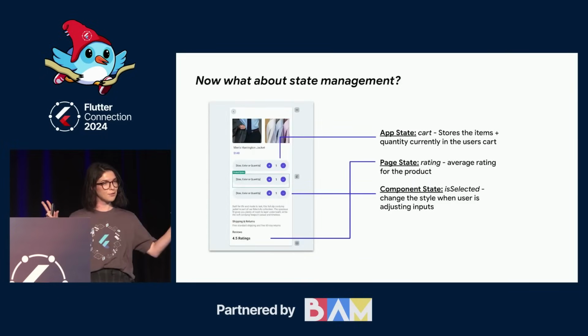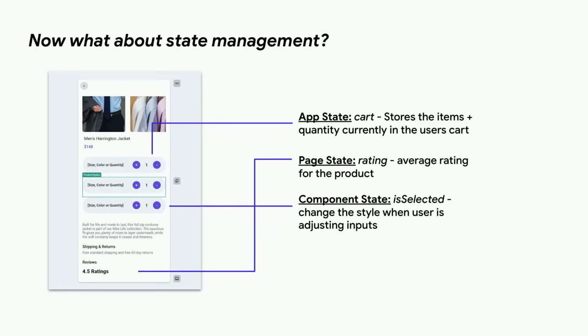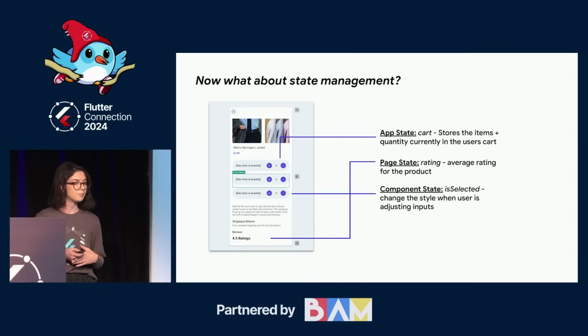All right, so that was an overview on the widget layer, but now let's talk about that data model layer. And of course, if we're talking about data model, we probably need to talk about state management. So in FlutterFlow, we have 3 different types of state management variables, or state variables, rather. We have our app state variable. And in my example of an e-commerce app, I might create a cart app state variable, because this needs to be persisted across my different pages. I might need to interact with it from the product detail page to add an item to my cart, and then I might have a checkout page that also needs to access this data.